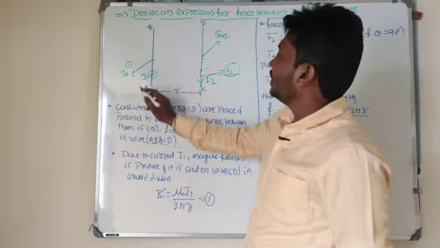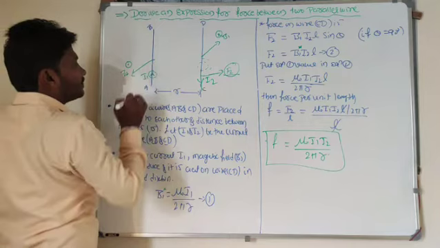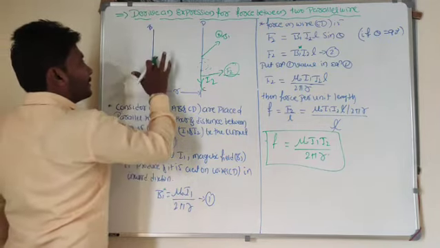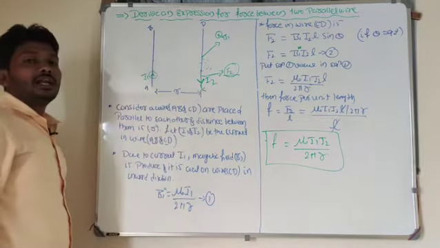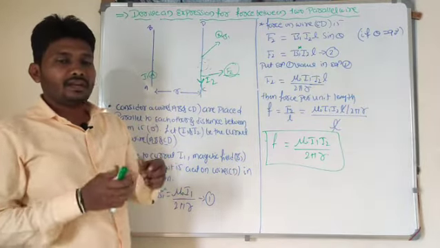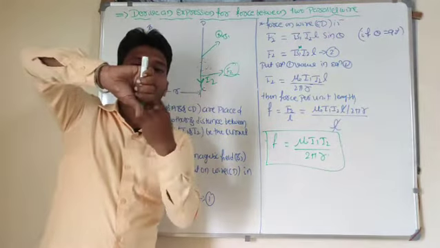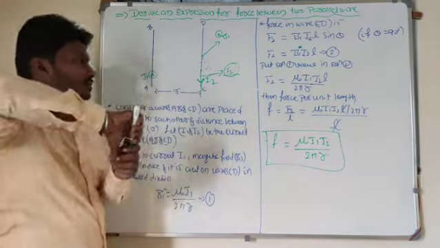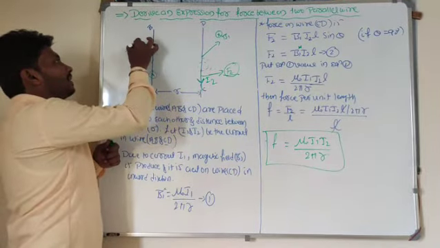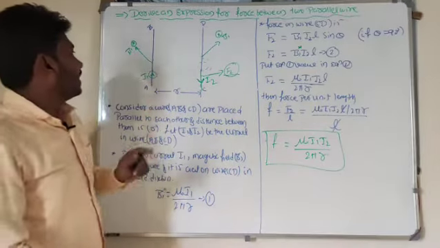Now I can find it for wire AB, in which current I1 is flowing in an upward direction. Because of the current I2, you will get a magnetic field here. Again, from the right hand thumb rule, if this is the direction of the current, this is the direction of the magnetic field. This means the magnetic field is acting into the plane.